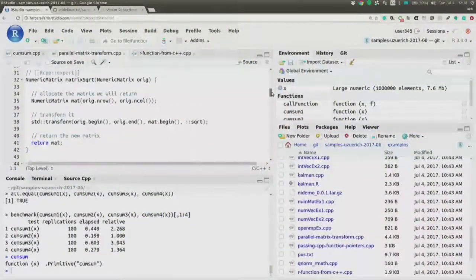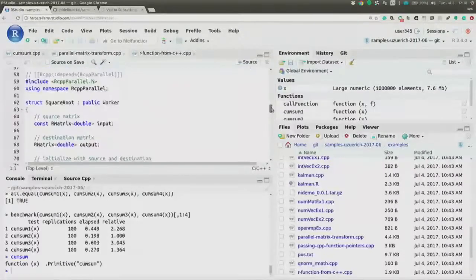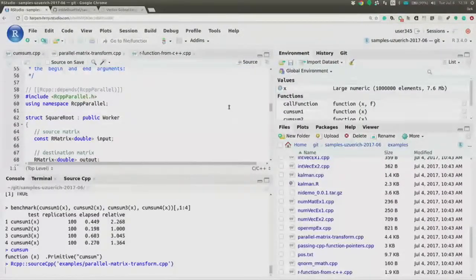Yep, so that's the original serial example. That's the parallel thing. We set up the worker. So if I just source this now,